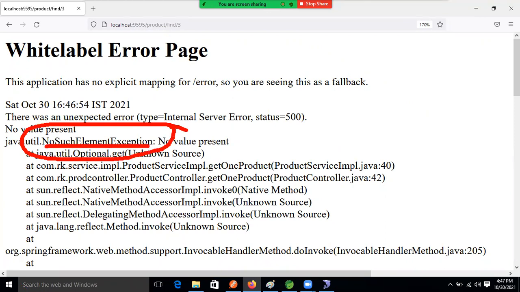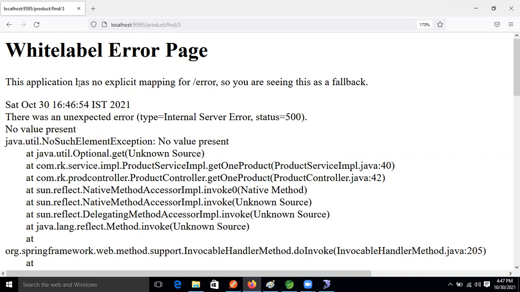We are the Java developers, we know why we are getting this exception. But a normal user who is not a Java developer can't understand these things. Why is our application failing, guys? Because of wrong input. And who put the wrong input, the end user or the developer? The end user.